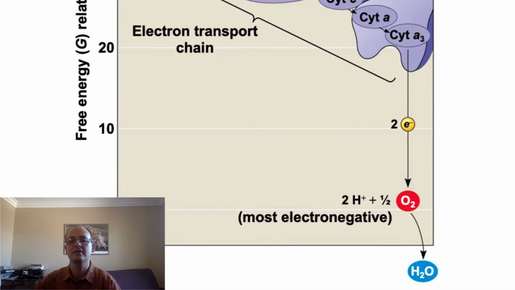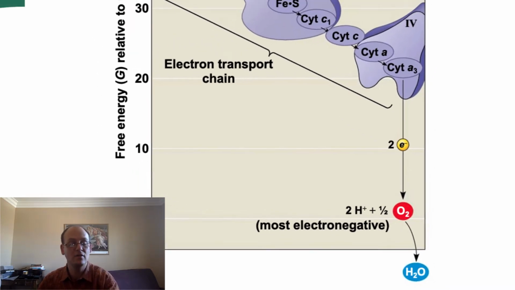The next thing to notice is that the final electron acceptor is oxygen. We'll have a lot to say about its role here later. For now, just realize that oxygen is very electronegative, and therefore it allows electrons to drain out of the end of the electron transport chain, and, along with the hydrogen ions, forms water. The oxygen used here is the reason why we breathe.